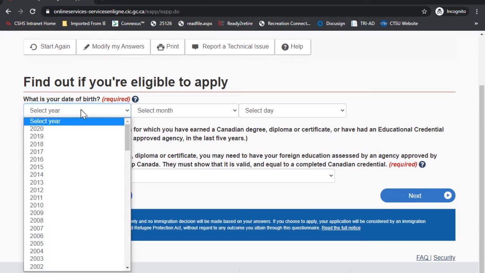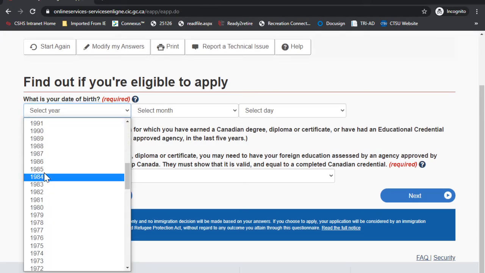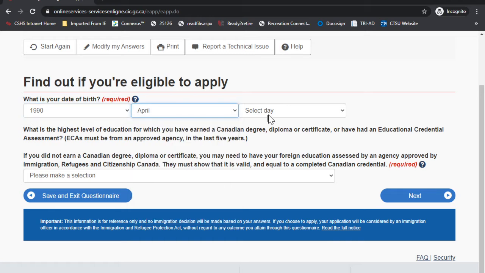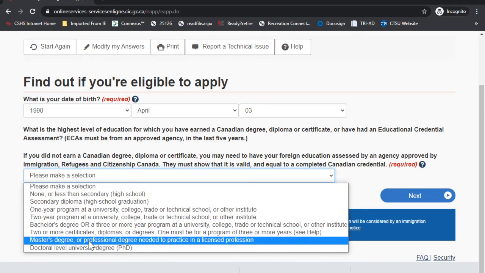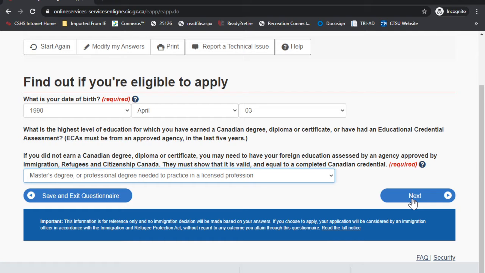It's asking about your date of birth. Then it's asking about your Canadian degree, or if you have done your ECA, which is required. Mine was equivalent to a Canadian master degree, so select master degree.